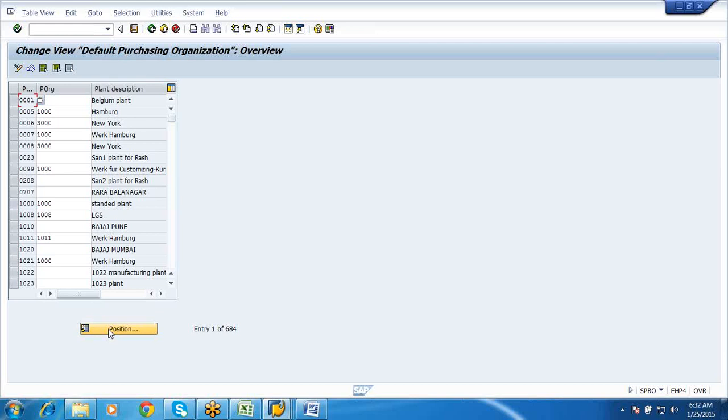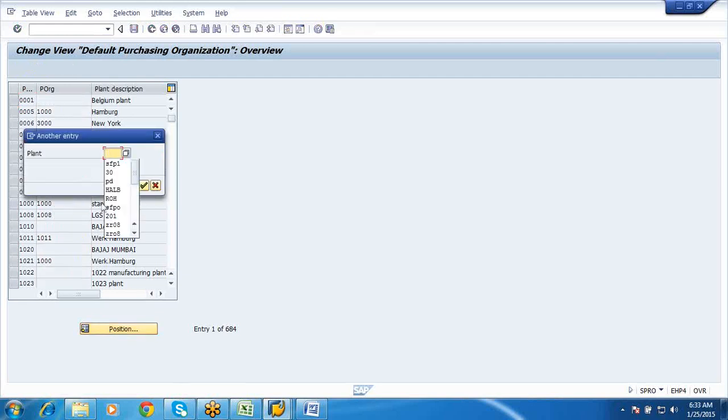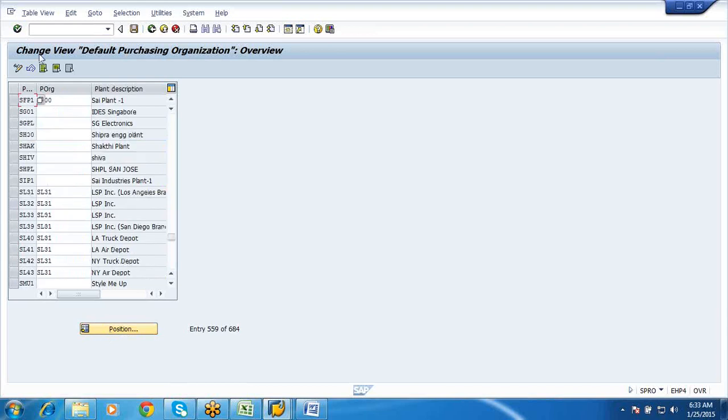At that time you need to extend all the data for your 1000 purchase organization, including your vendor master. Okay, I'll just say this as SFPO only.